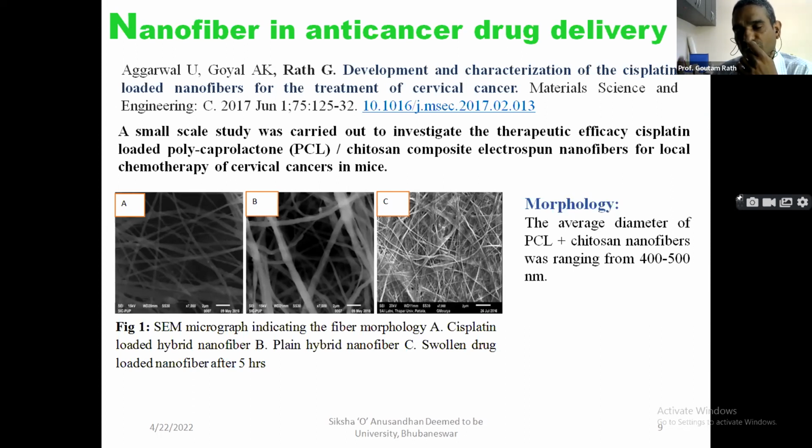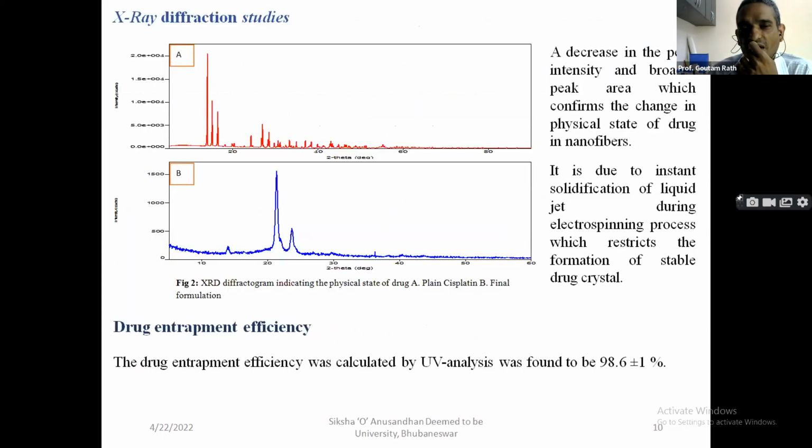And second objective, is it possible to improve the solubility of cisplatin by taking advantage of electrospinning techniques to make nanofibers? And these are some of the photographs of our nanofibers. See, if someone wants to analyze the effect of the fabrication techniques on the physical state of